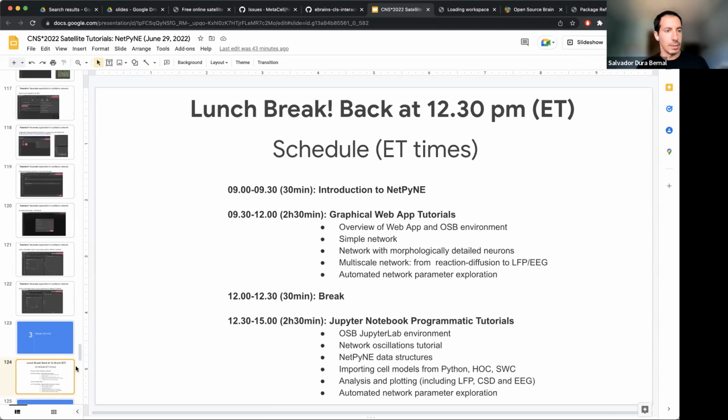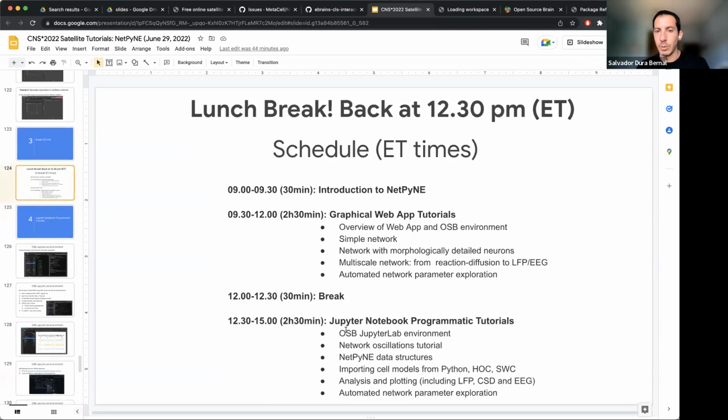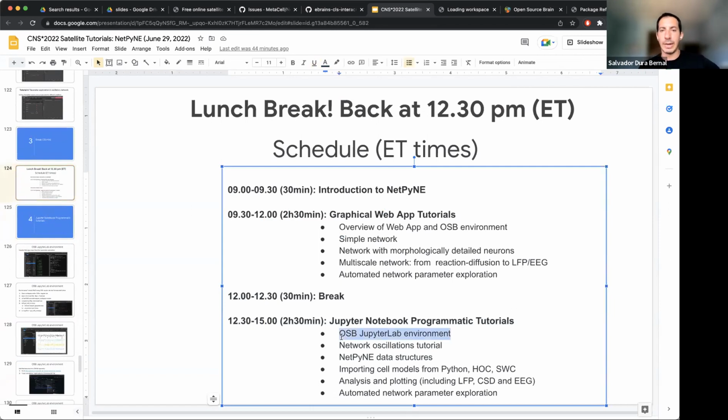Okay, so let's go ahead and quickly go over an overview of what we're going to see. I'm going to go over this JupyterLab environment in Open Source Brain. Then we're going to see the network oscillations tutorial, the same one that we saw in the graphical interface, but we're going to play around with it programmatically, which I think is useful, so you can see the pros and cons of each, and also